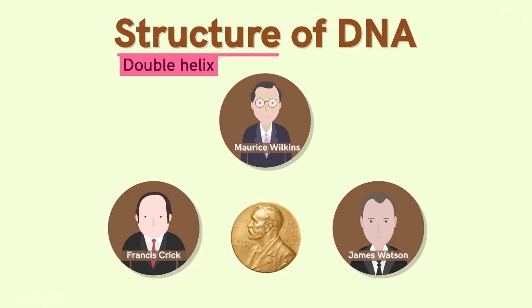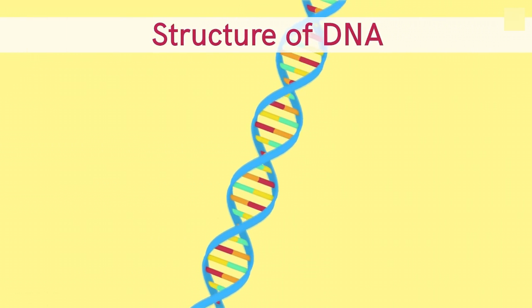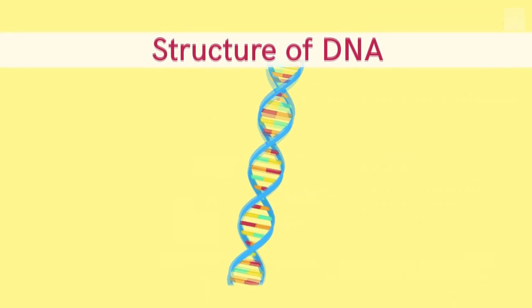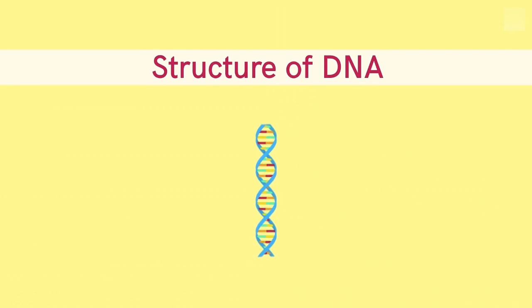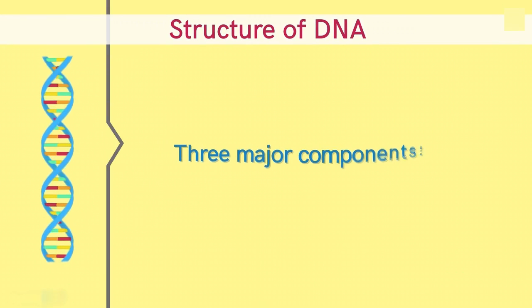Let's understand how exactly this double helical structure looks. We may have come across the structure of DNA somewhere. Is this how it really looks? Yes. According to Franklin, Watson and Crick, the DNA is made up of 3 major components: